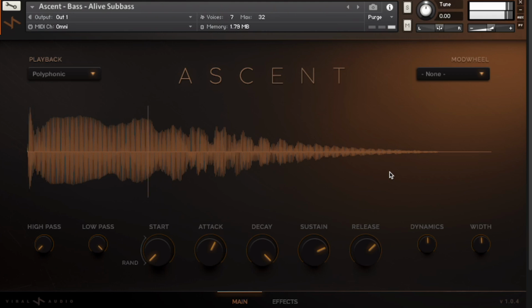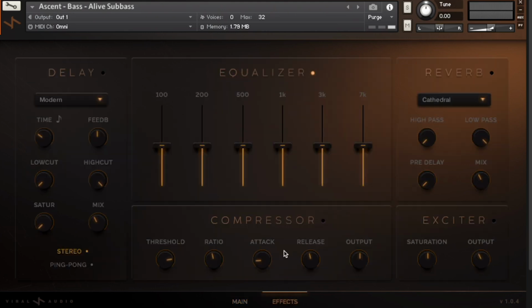But as you can hear, we're already getting to a nice, lovely bass pad. And I've not really tweaked anything much apart from the attack time here. And we're going to the effects. You can play with the equalizer. So if I want to boost the top end a little bit,